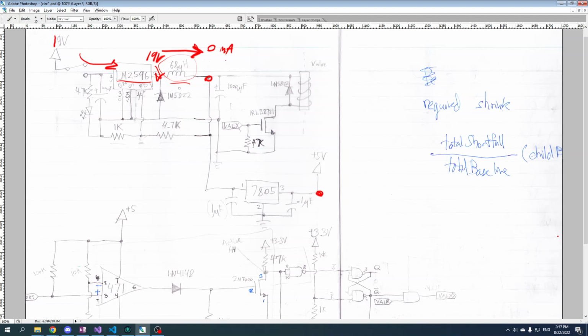So what do we do? Well, the way it works basically is, you can see here, we've got this connection going back into here, and here's a feedback into our regulator here. So this is how the regulator senses what voltage is currently being output. And when that voltage gets to around 7 volts, it's going to shut off the flow here. So now we have no connection to the 19 volts here. But remember, this is like a flywheel. So it's going to try to keep this current flow at this level, which will keep this